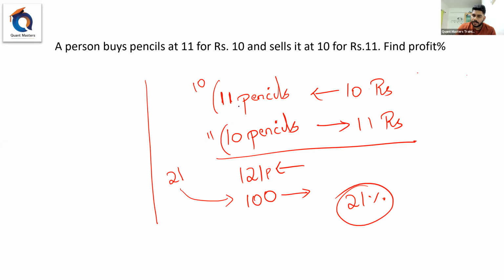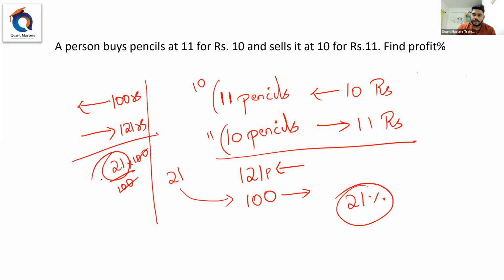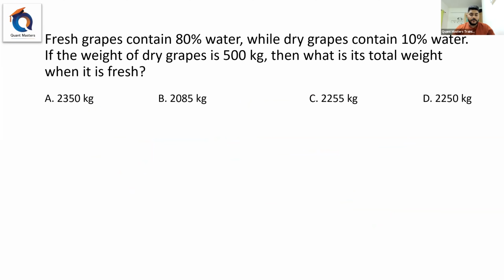So here quantity is same. Don't worry, worry about the price. 10 into 10 is what? 100. So I am buying 110 pencils at 100 rupees, and I am selling 110 pencils at 121 rupees. Sir, buying at 100, selling at 121, my profit is 21 over cost price into 100. So answer is again 21%. Two ways of doing it. Clear, all of you? Let's go to the next one. Try the sum. A very important conceptual type of question which can be asked in percentage.